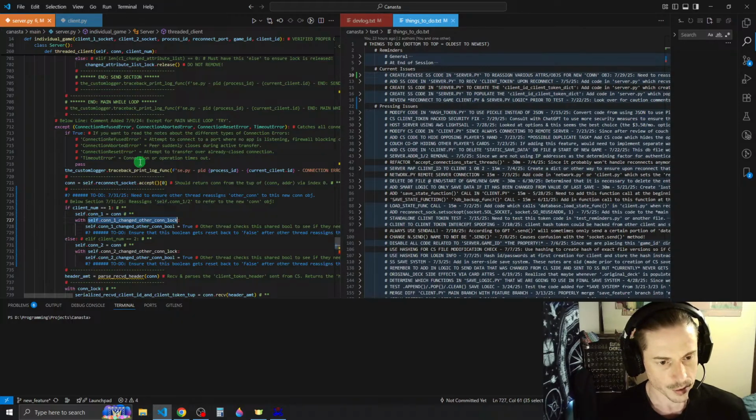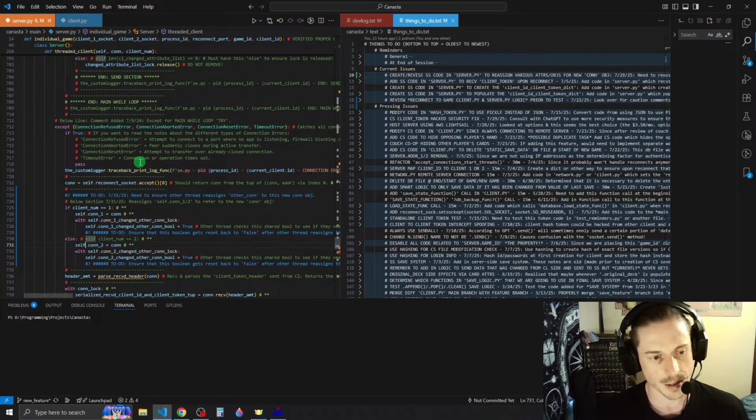Yeah, locks are shared objects. Obviously we don't have to lock the lock because it's self-explanatory. So yeah, I think this is correct here. If client num is equal to 1, self_con1 is equal to con. With self_con1 changed other con lock,